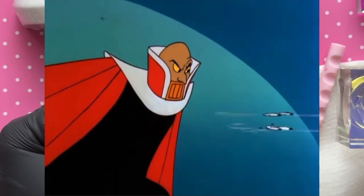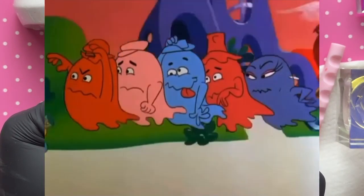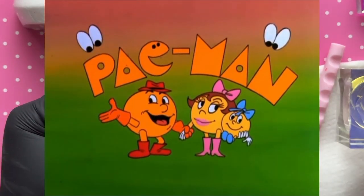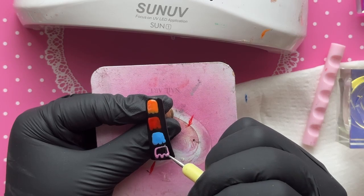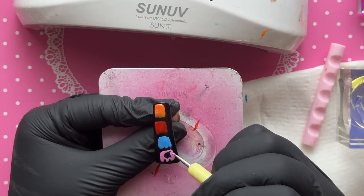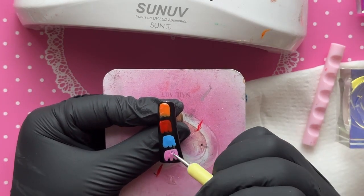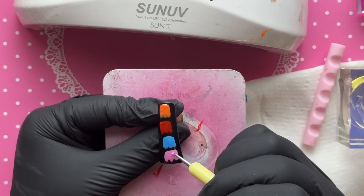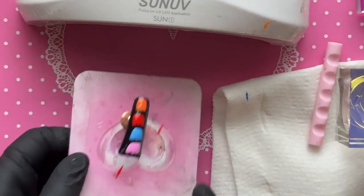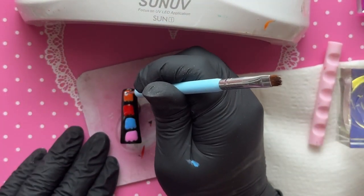But it was Pac-Man and his wife, Miss Pac-Man, their child, Pac-Baby, their dog, Chomp Chomp, and their cat, Sourpuss. And they lived in Pac-Land, and it was a place in which the geography and architecture revolved around sphere-like shapes. So the majority of the episodes centered around the ongoing battle between the Pac family and their only known enemies, which was the ghost monsters, Inky, Blinky, Pinky, Clyde, and then there was Sue, who is not in the game, I